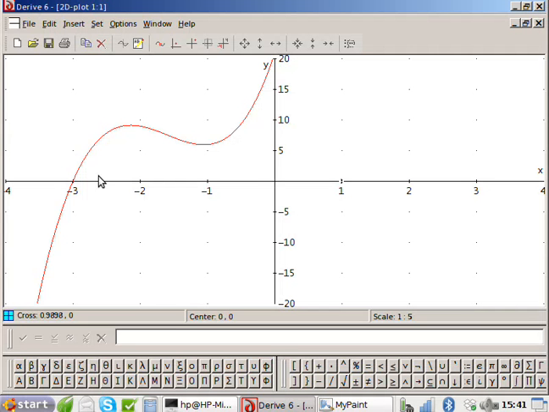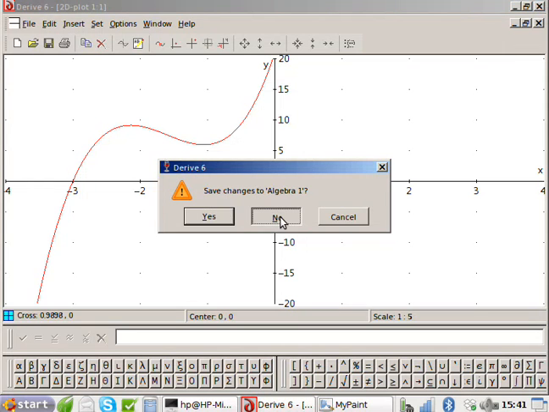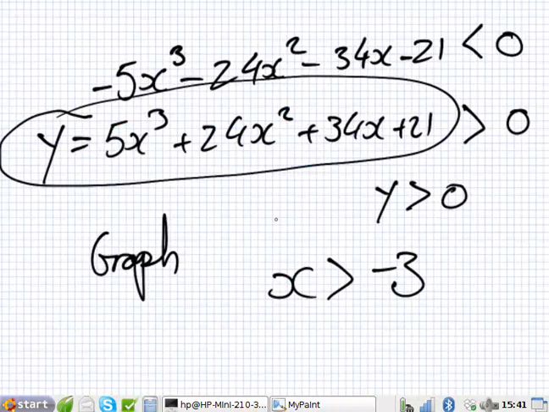Okay, so what we want to do is draw this now. Because I've done 3 examples already, I won't repeat it again. I'll just go straight to the graph because you know how to do it. We've done it a few times. So if I graph this straight away, what was the cubic? y equals 5x cubed plus 24x squared plus 34x plus 21. Now look,